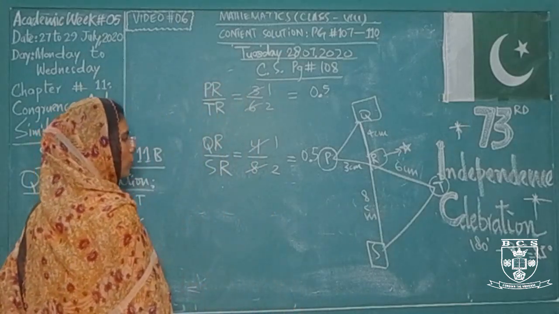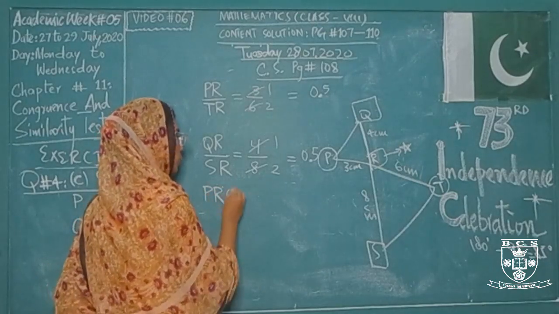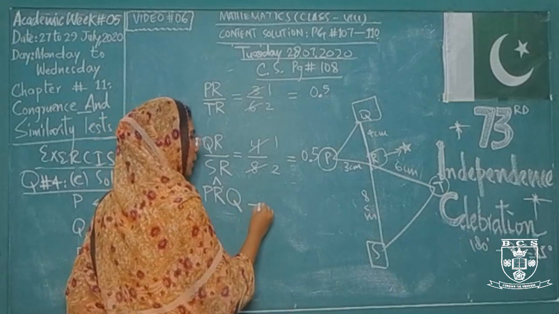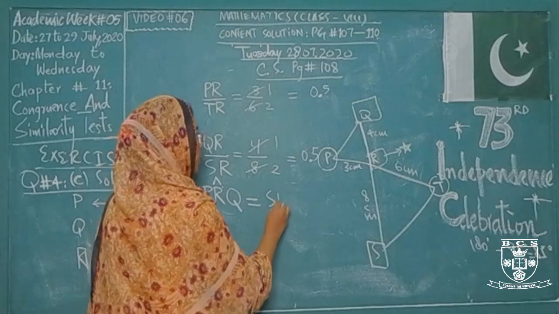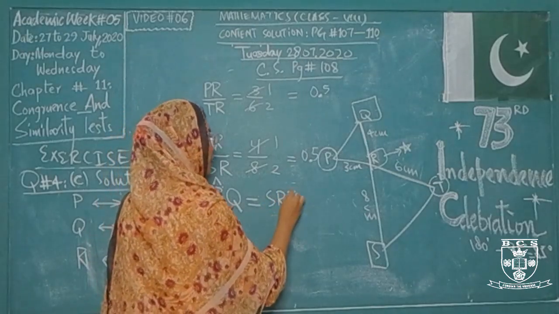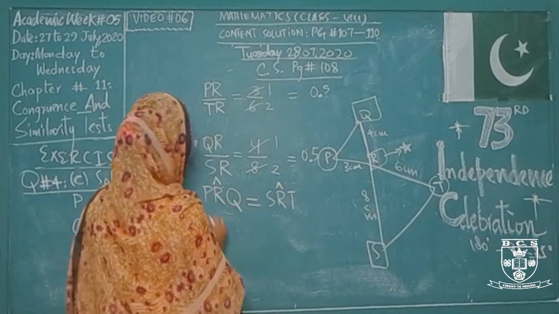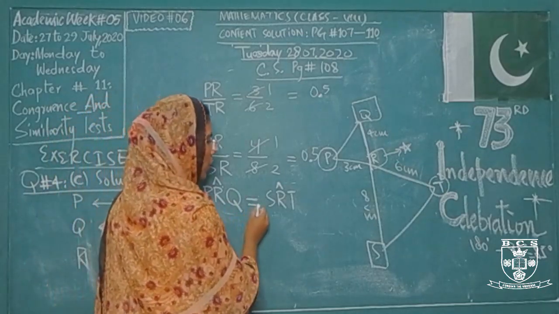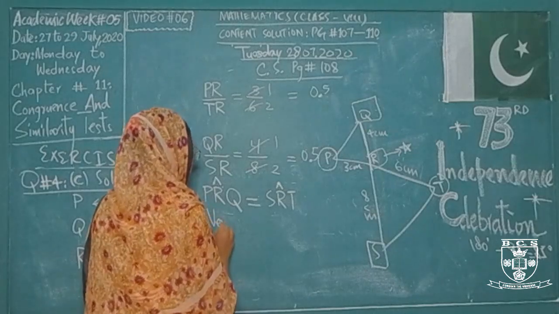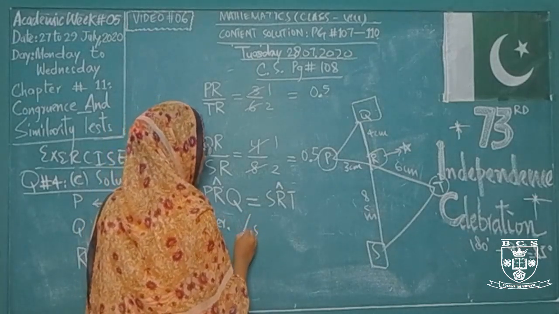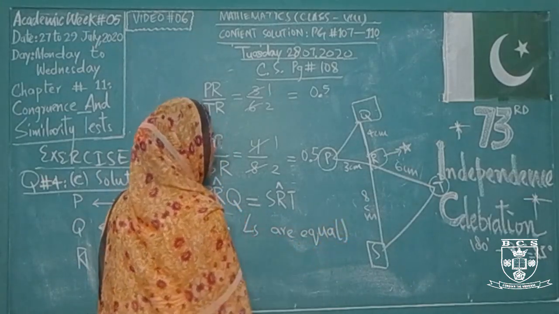Now we will work for one angle, and one angle is our angle PRQ. Angle PRQ is right now equal to angle SRT, with S corresponding point, R corresponding to R, same, and Q corresponding to T. So we are mentioning the cap over R for showing this is the main angle. So right now angle PRQ is equal to angle SRT, and the reason that I am mentioning over here is this: the vertical angles are equal. Vertically opposite angles are always equal.